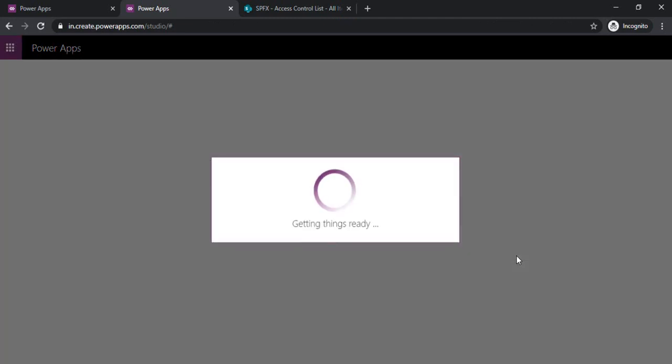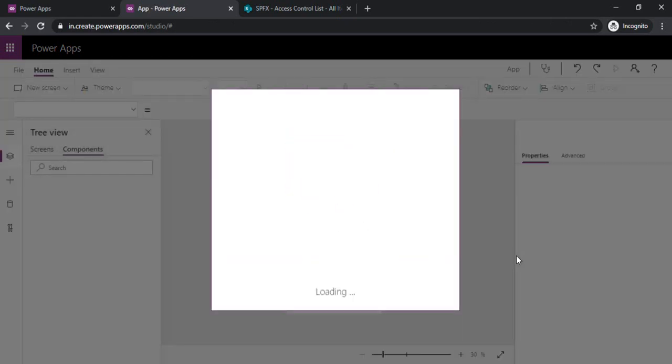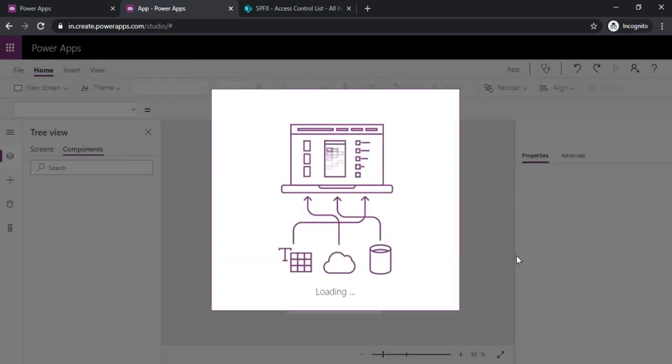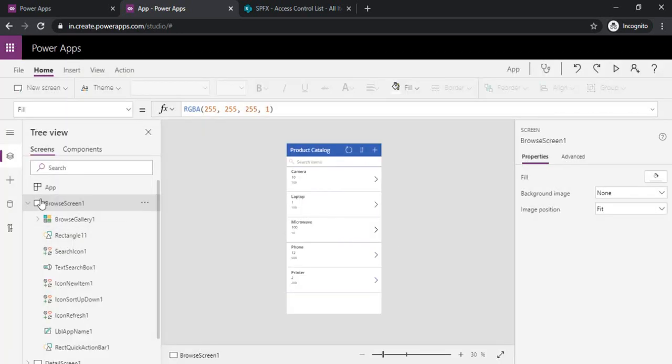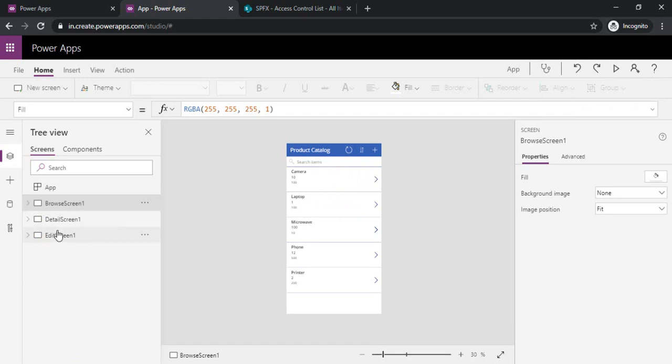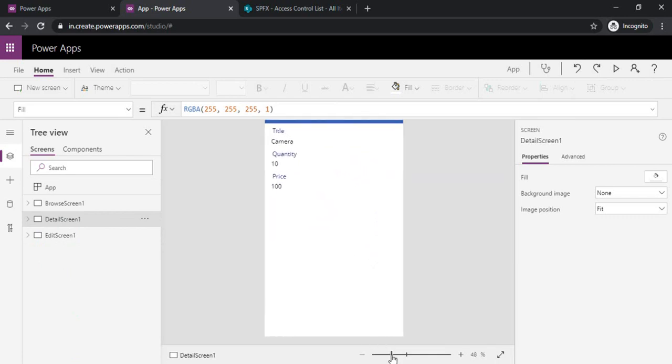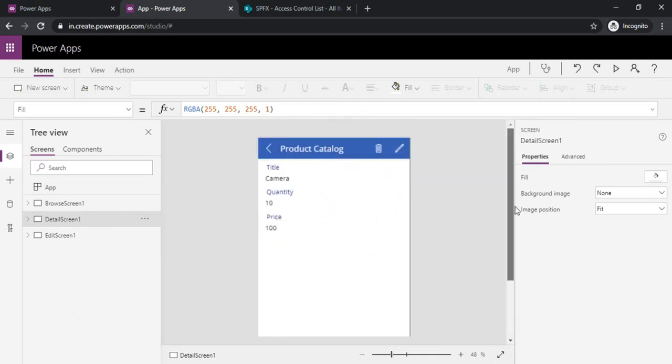and connect. This template gives me by default the browse screen, detail screen and edit screen. So you can see the browse screen, detail screen, edit screen. I'm just directly going to the detail screen, and zooming in a bit. As I said, I would like to have the delete and edit icons enabled for one set of users, who are owners of this product catalog list, who can delete or make updates to this item, and the other side should only be able to see the details.